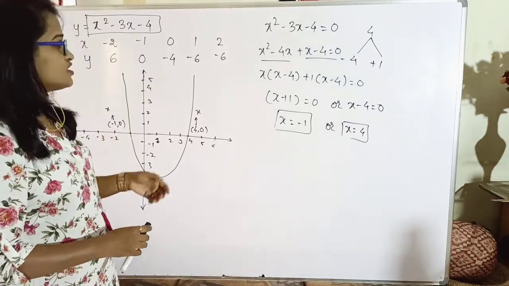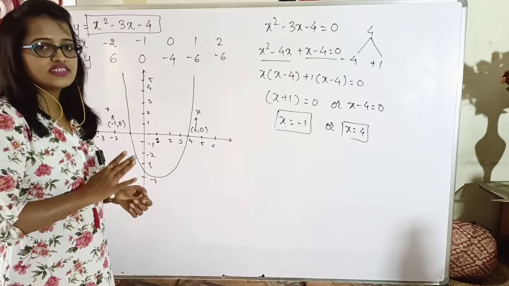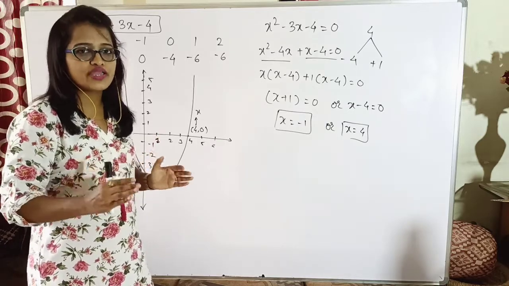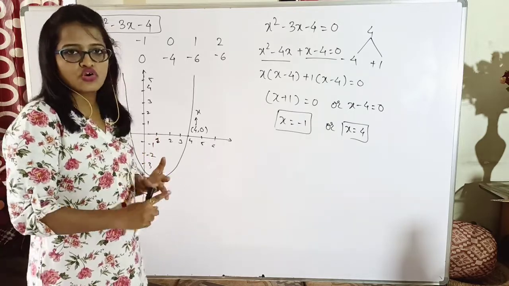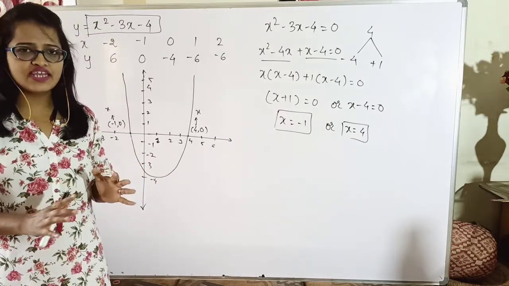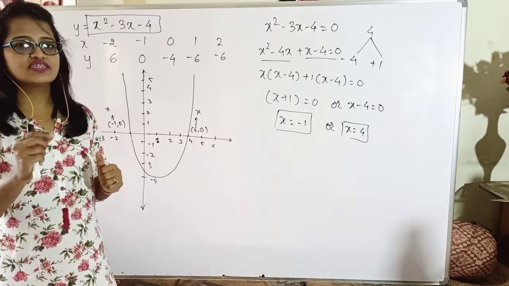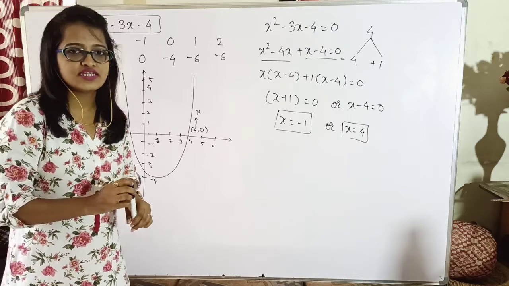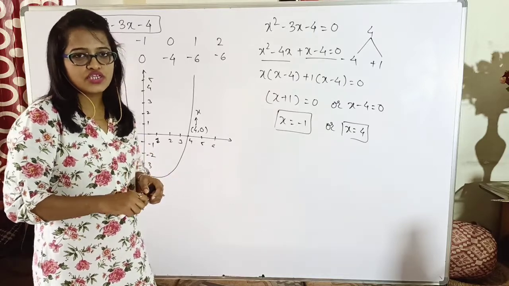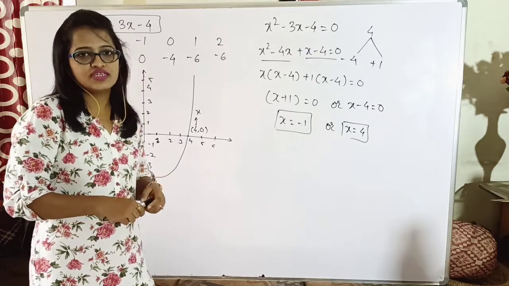Yes, so what we can see, it is not the condition only with respect to linear polynomial. Also with respect to quadratic polynomial, we can say wherever the graph intersects x-axis, those are the zeros of the respective polynomial, and this is applicable for all types of polynomials, not just linear or quadratic, for cubic also, or for the polynomial with degree 4, degree 5, and in every polynomial. Whenever the graph intersects x-axis, the points at which it intersects are nothing but the zeros of the given polynomial. Okay, so from the graph also we can tell what are the zeros of the given polynomial, isn't it?